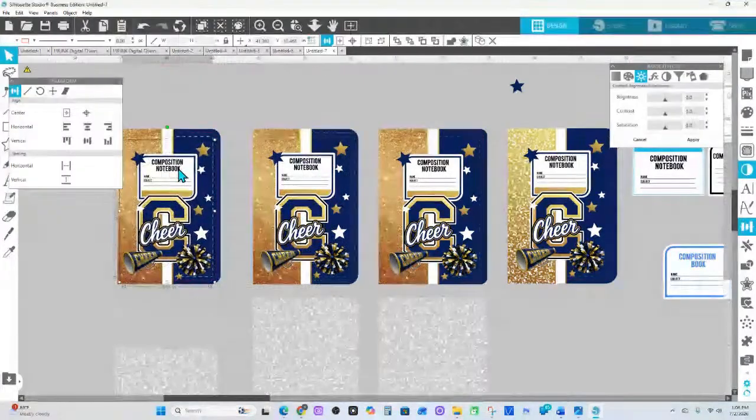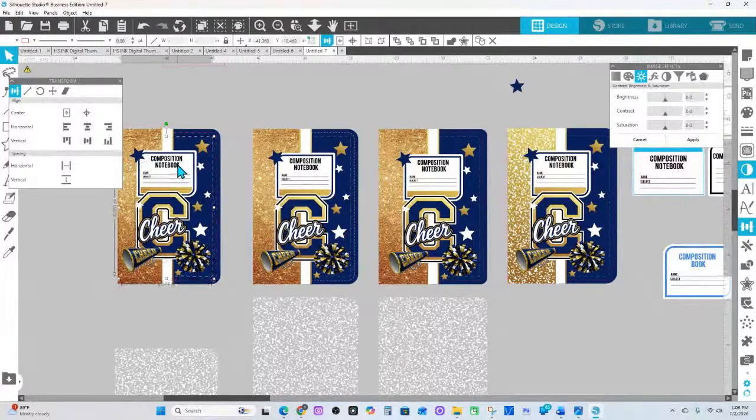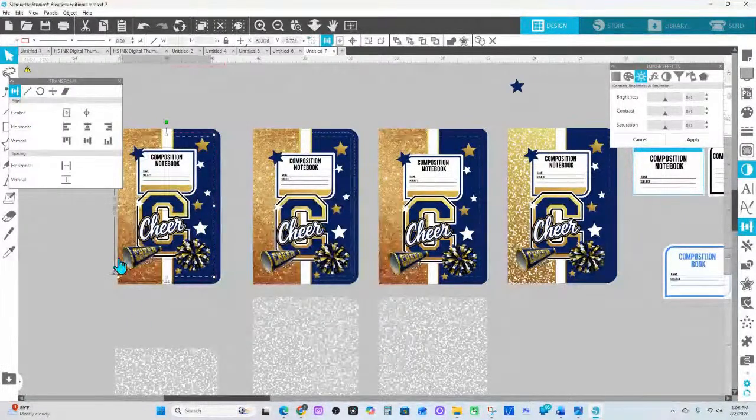So all you have to do is just design one. I recommend designing on the largest one. And then from there, you can just copy and paste to put it on the smaller ones. And what you'll notice is you see how there's less space here than over here or over here. And then you can adjust them as needed. But now you have this design in all four